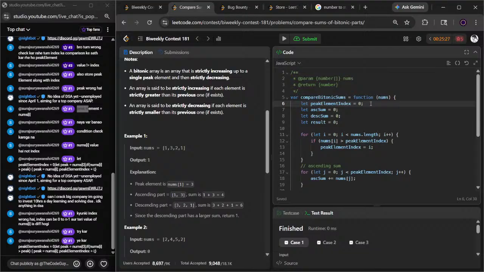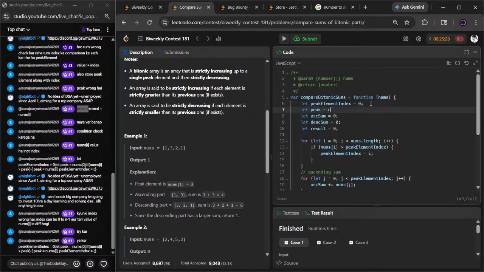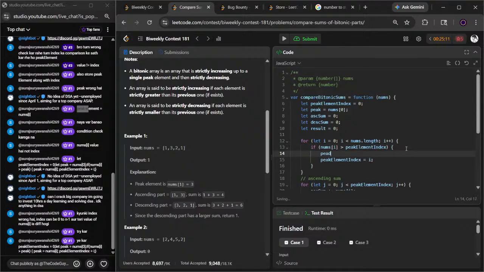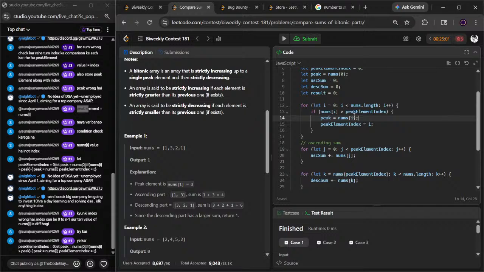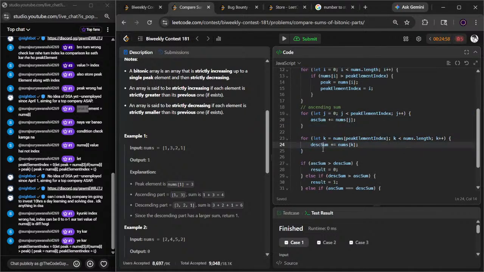रुक जा, तेरा ही वाला करते हैं अभी। पीक इंडेक्स यहाँ पे ले ले, मैं पहले पीक ले लेता हूँ। पीक मेरा बाई डिफॉल्ट 0 रहेगा। इसका लेके क्या करेगा मतलब? पीक ले लिया भाई, पीक ले लिया। अब तो क्या करेगा यहाँ पे? यही तो मेन है अपना, ये दो सम ही तो मेन है। अगर ये दो सम कर लेंगे तो हो जाएगा अपना, बट यहीं पे तो हमारा अटक गया। पीक भी ले लेगा तो फिर मतलब वापस वहीं पे अटक।